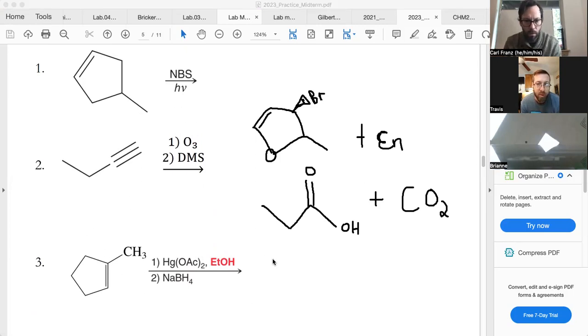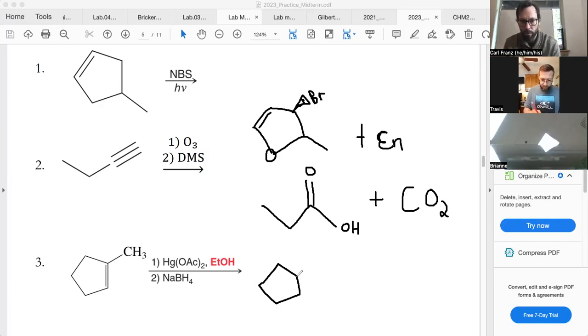The way I've been memorizing it is that there's oxymercuration, then there's alkoxymercuration, right? And so there's an alcohol group on there, so that's alkoxymercuration. Exactly. So if there weren't that ethanol there, it'd be different, right? We would just tack on the oxygen and an OH and a hydrogen. But since we have the ethanol there, exactly.